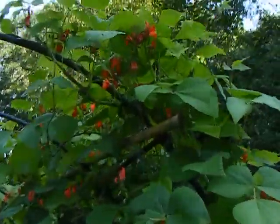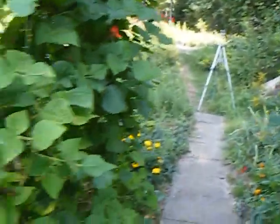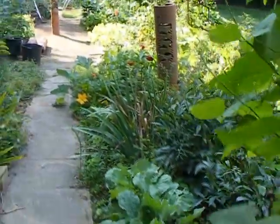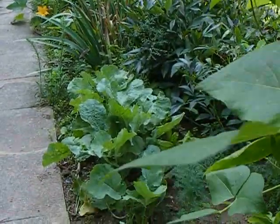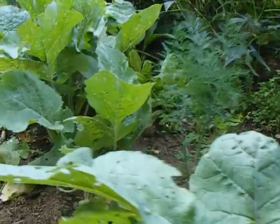Okay, they have been beautiful, attracting hummingbirds, but very few beans. There's been tons of bees, very few beans. And in this first bed, in the early spring, you saw the peonies blooming, the irises. I sometimes don't put any vegetables in this and just let the perennial wildflowers that come up by seed fill it. But we have got two long rows of